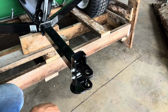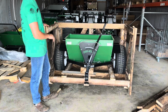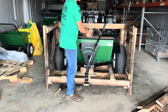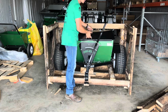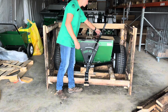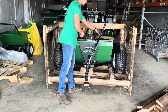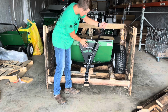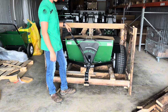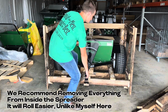I'm just going to roll this thing off and make sure it's ready to spread. Now we've got the spreader with the hitch in, I'm actually going to put the lid back on. You can lift up the back there and then go into position. It's going to hook from the front side onto the back, and then I'm going to latch it down just so that it stays in place. Make sure your latches line up like so. I'm also going to put this back into the off position just because it doesn't need to be on right now. Not that that's super important, but it just doesn't need to be. Then you can pick this up like so